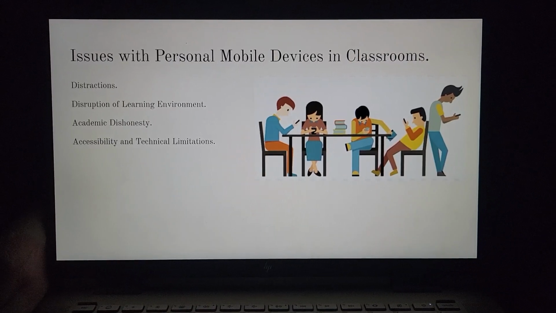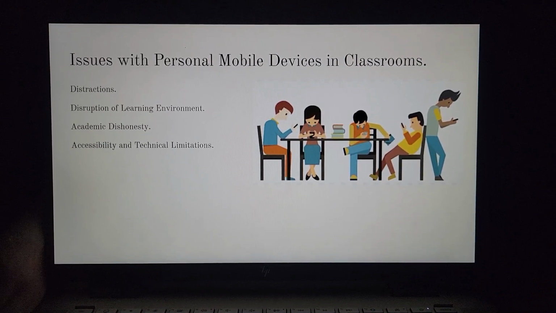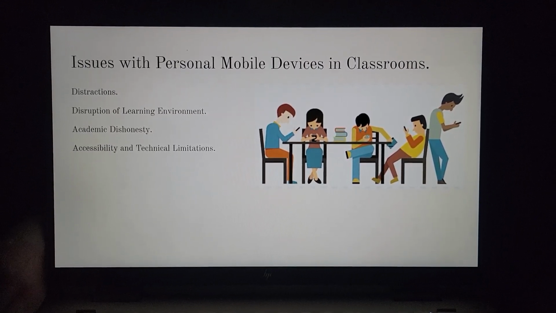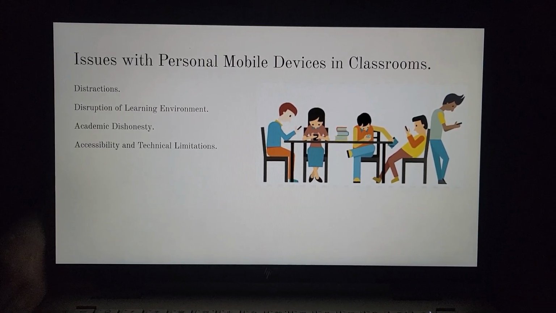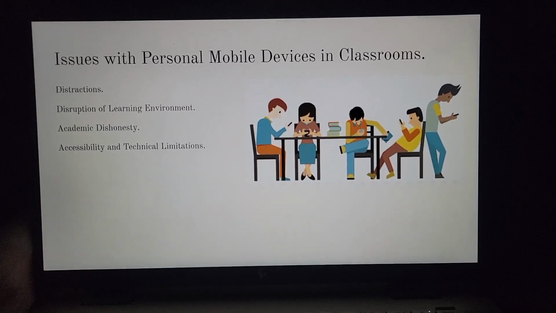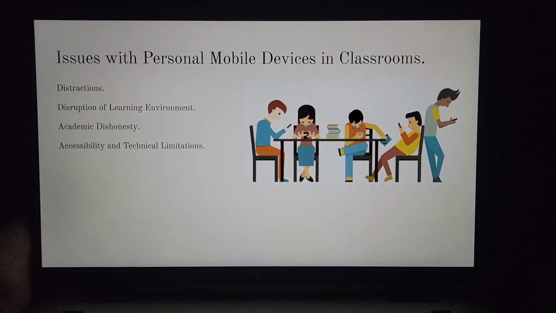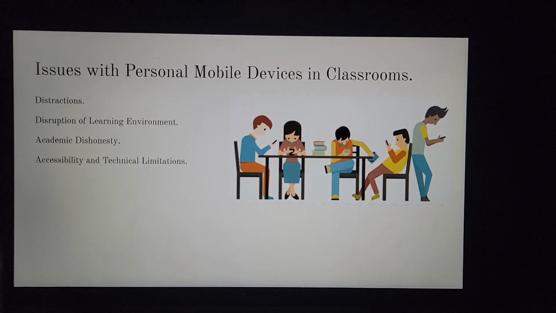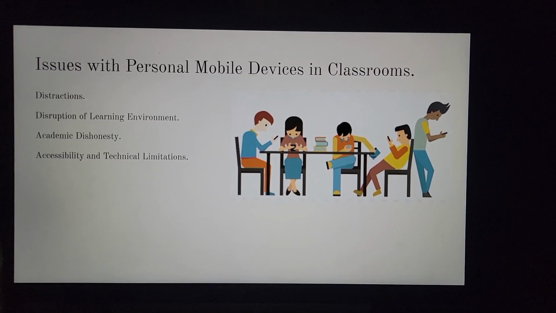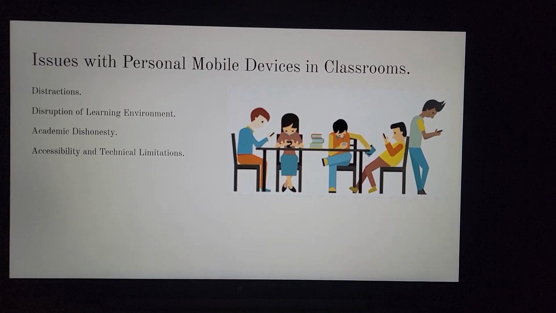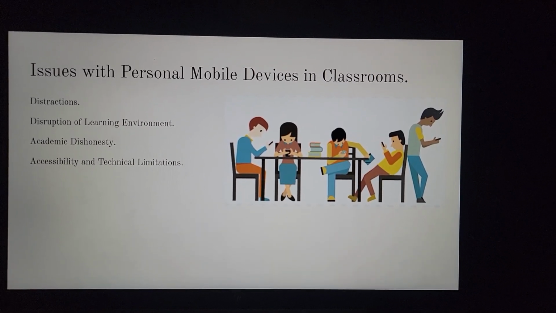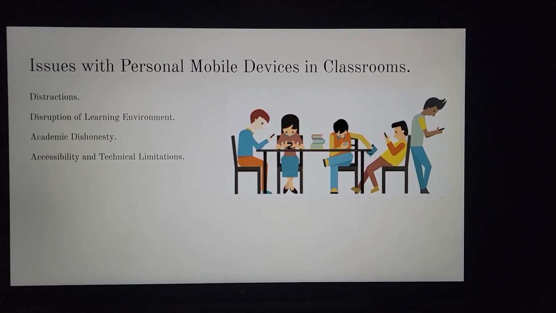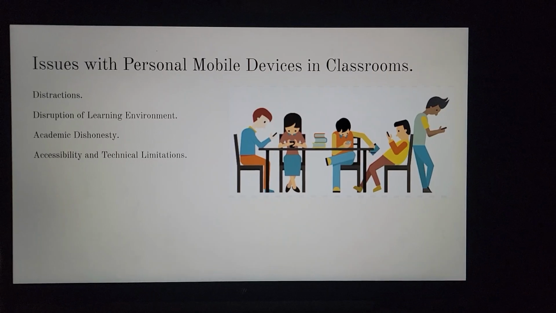And one of the other major issues of cell phones is that students can use their cell phone to take a picture or to record the question or the answer in the assessment, and then they post it on social media. So we say that is academic dishonesty. And if the teacher or any educator is interested in using a cell phone in their lesson, then we have an issue with the firewall, with the school policy, and accessibility, like sometimes the Wi-Fi is not supported, or some other technical limitation prevents the teacher, even if they want to use a cell phone to engage students.